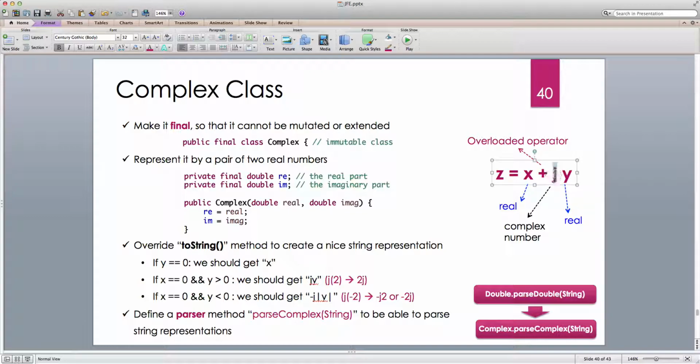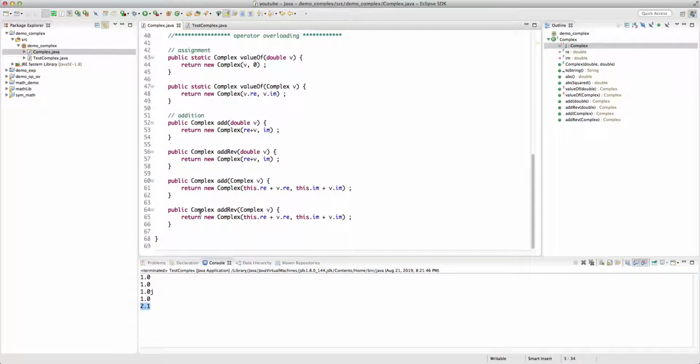So j is my base complex number, and then I can actually write this expression and be able to create a complex number. Now one more thing that I need is to implement the multiplication, because y actually multiplies j. So if I want to use j as my base, I have to also